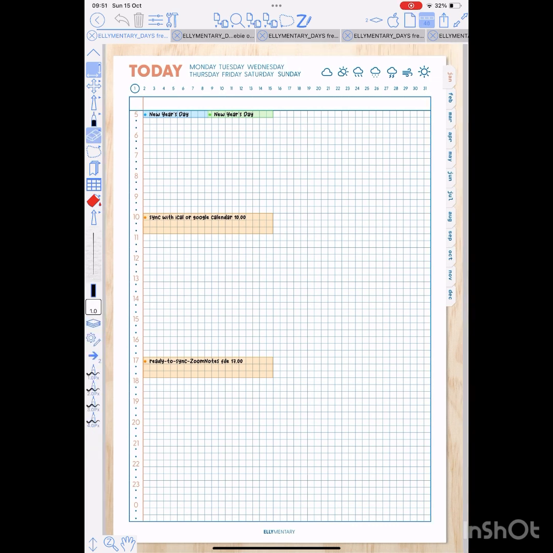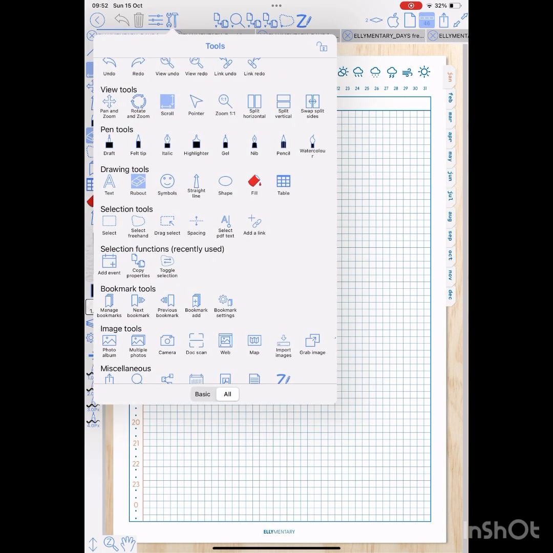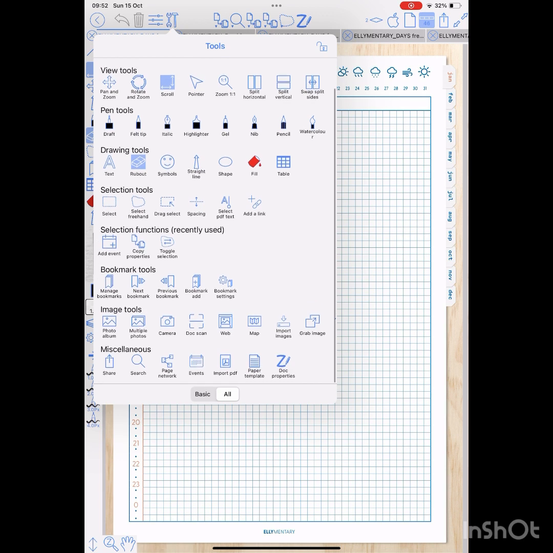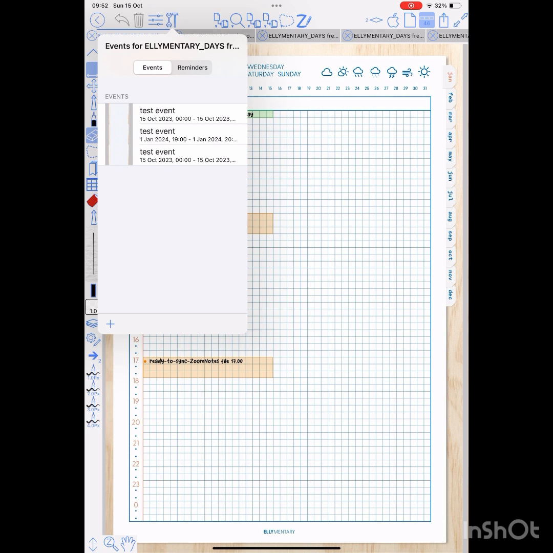In addition to pulling events from our current calendar into our digital planner, we can also add an event in our digital planner that will then appear on our other devices. So to do this, you simply need to find the Events tool, which is located in the toolbar. You can see the little tool icon at the top, the hammer and the spanner. If you click on that and select the Events tool, mine is at the bottom. And now we've got the option to add an event or a reminder. I'm going to go with event. Click the plus sign,